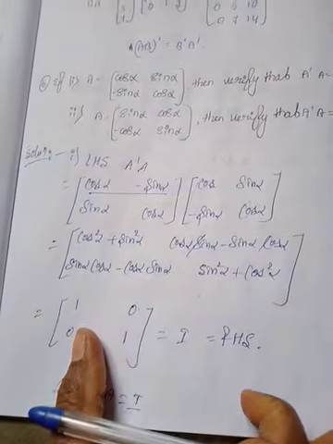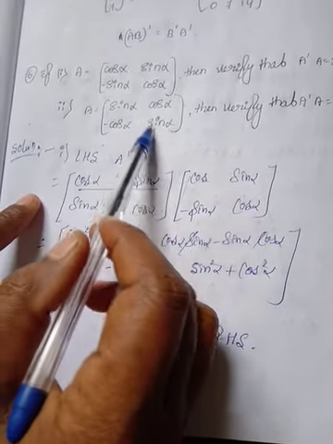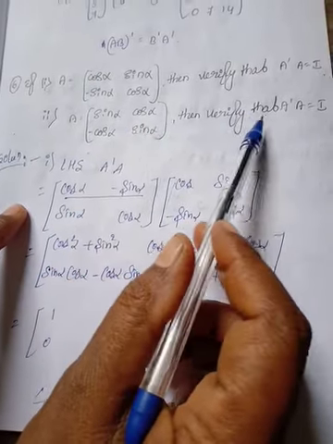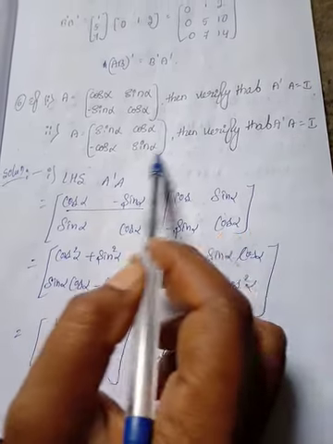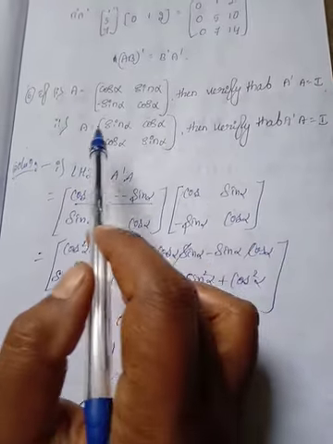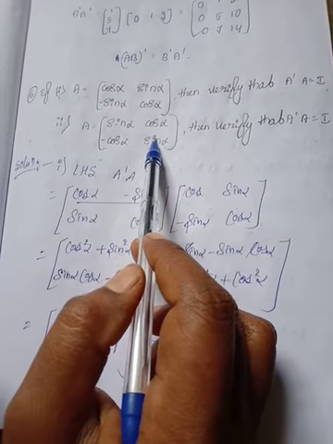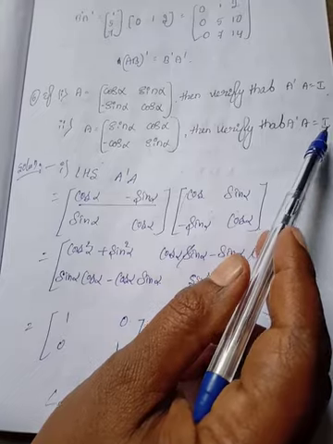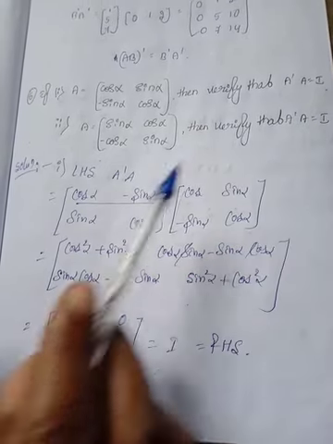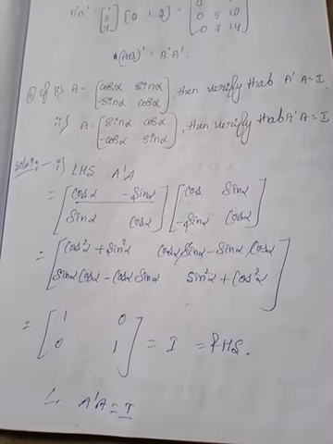In the same way, for the second sub question, this is your matrix A. Here also we need to verify that A transpose of A is equal to I. You can take this one as homework. Take the transpose of this one, then multiply those two, A transpose and A. Again here also we are getting the identity matrix. Take that one as homework.